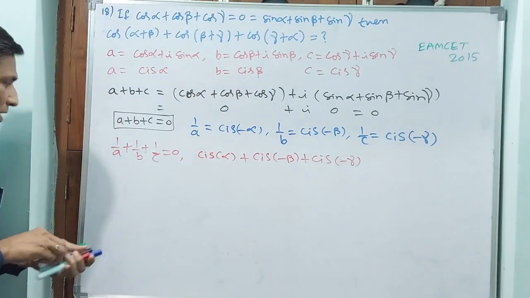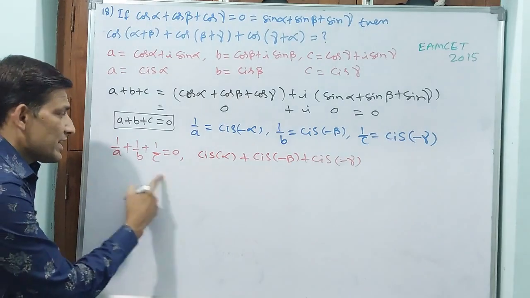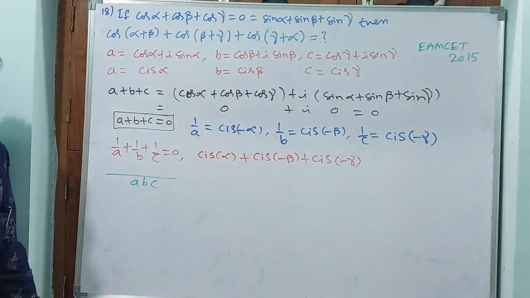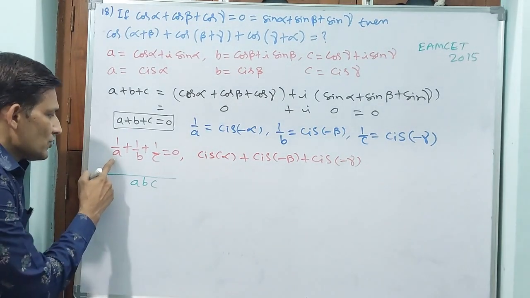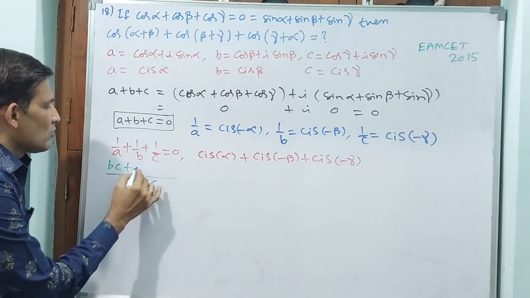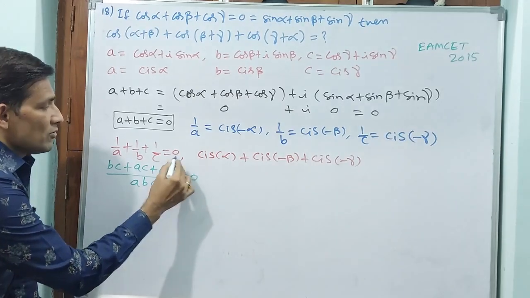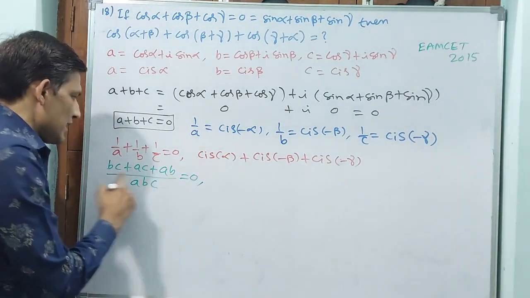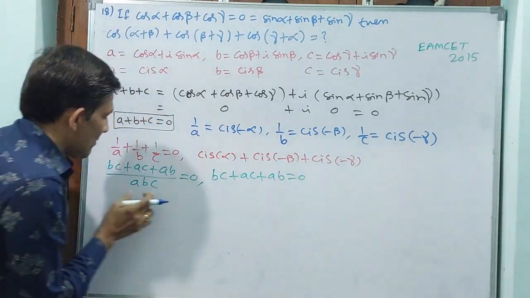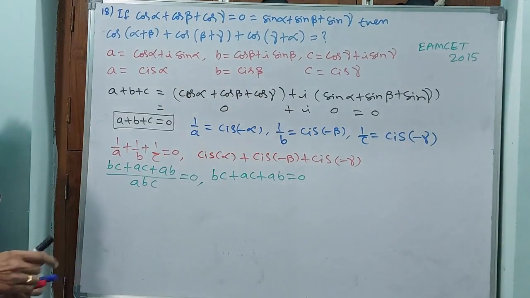Okay. Now wait. You go here. You see what I am writing here. Now I am taking ABC as LCM. See, A times BC goes BC, plus B times AC goes AC, plus C times AB goes AB is equal to 0. This 0 is not going to change. Even then, again BC plus AC plus AB equal to 0. Why? Because this ABC is going to multiply 0. Finally, BC plus AC plus AB only it is going to become.